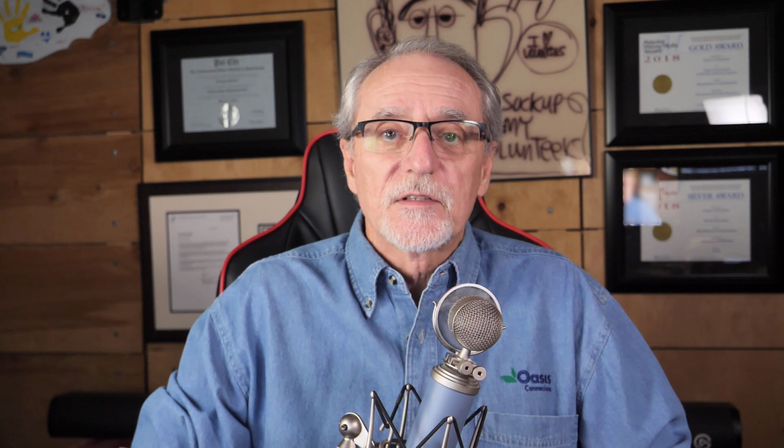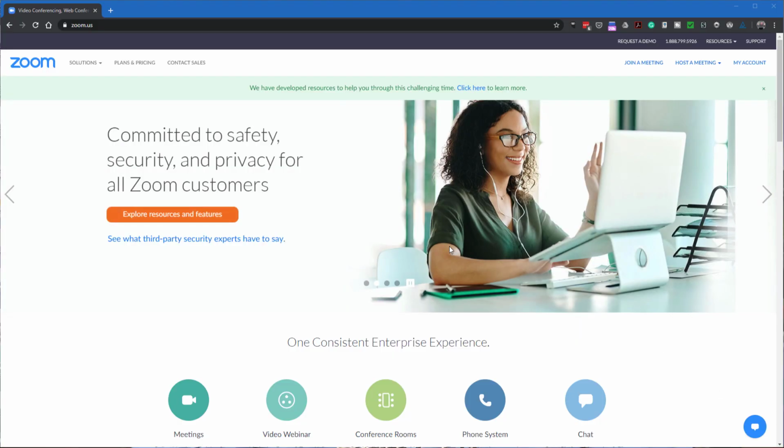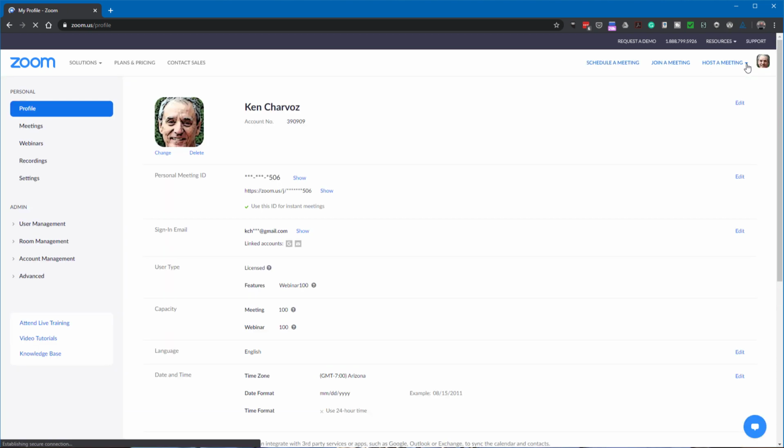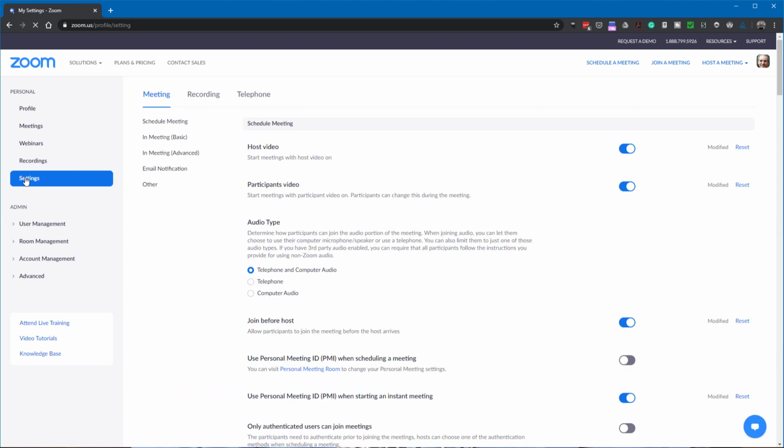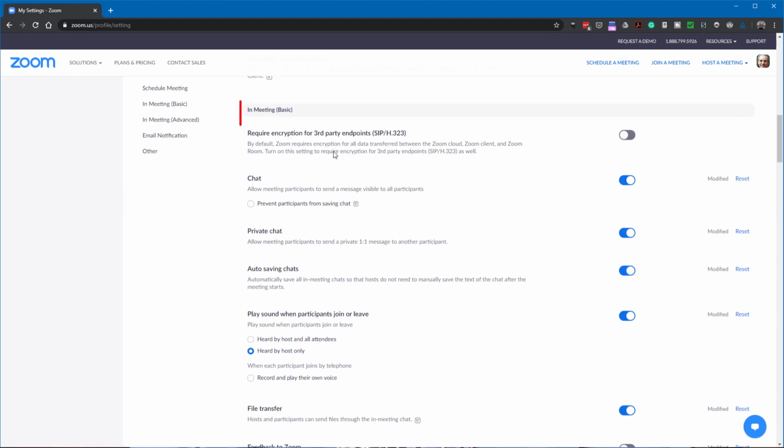Let's dig into the settings that you want to know ahead of time and want to set up ahead of time. Go to zoom.us and sign into your account. Click My Account at the upper right to open your account page. In the Personal section, go to Settings. This is a long page of settings that's broken into 3 sections: Schedule Meeting, In-Meeting Basic, and the next section is